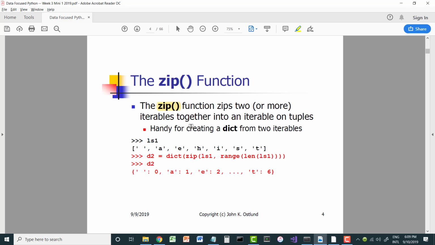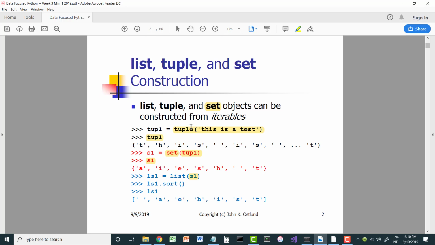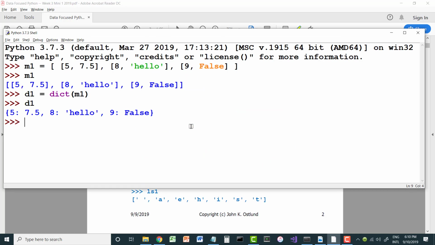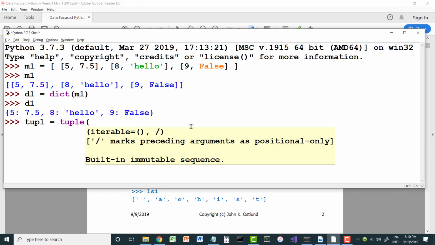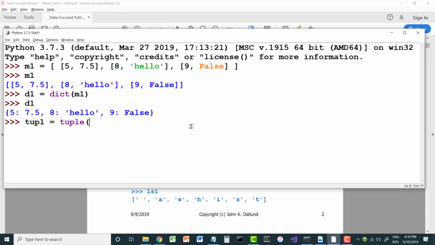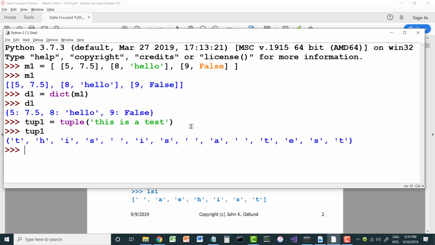The zip function is a really handy function for combining together two separate iterables into one iterable on the pairs of items in those two iterables. So let's see what I'm talking about here. Actually, I'd better create these examples that I've been looking at here. All right, so tup1 is a tuple built from this is a test. And if I then throw that into a set,